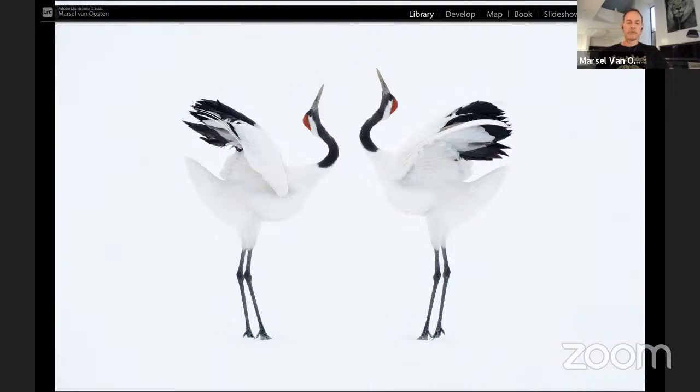Again, it happens, but it rarely happens when everything comes together. So here, everything is perfect because the way they're positioned is perfect. But more importantly, the light is perfect. There's no sunlight, which is always something that I'm hoping for when I'm here, because it would create a lot of high contrast, blown out highlights, too much detail in the snow. And also the background is perfect here. There's not another bird in the background, which usually happens. Most of the times there's other cranes. So yeah, this is one of my best crane shots, because it's so clean, it's so graphic, it's so minimalist,